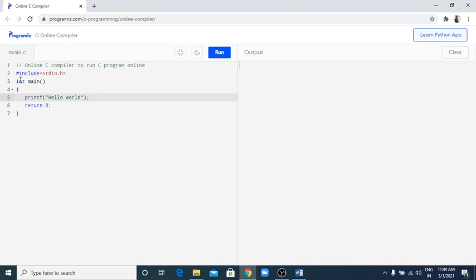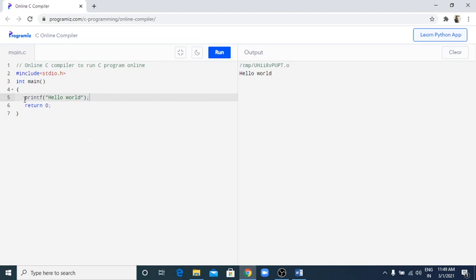Now, here return 0. Why do we give return 0? Because the data type here is integer, so we give return 0, and then the closing curly brace. So your program is completed. This program is saved with the .c extension, suppose message.c. But this is an online editor, so it is not saved with the .c extension; it will run automatically. Now I press the run button, and it gives the message hello world on the output window. This is a simple program to print the message hello world.